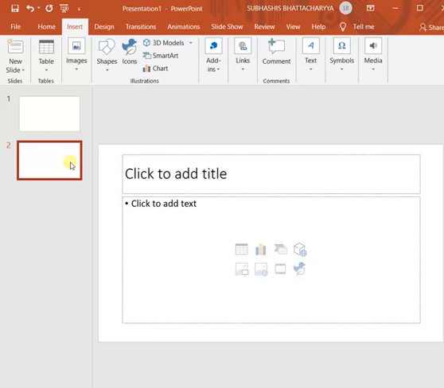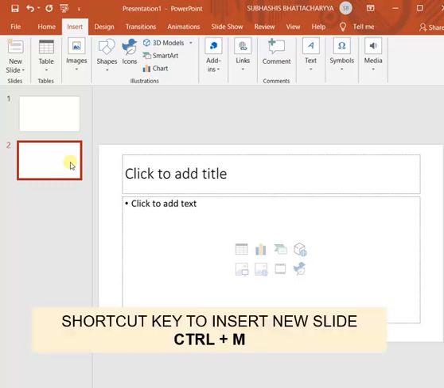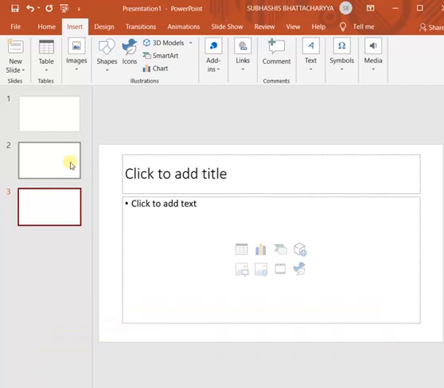Holding the Ctrl key, you have to press the key M on your keyboard. So Ctrl plus M. I am pressing Ctrl then M. See, without going anywhere, I can directly insert a new slide by the shortcut key Ctrl plus M. So this is the second way.